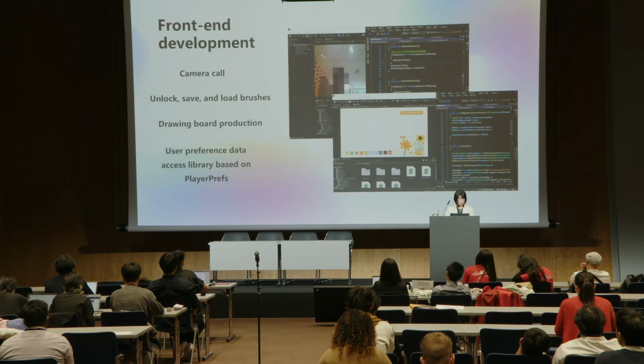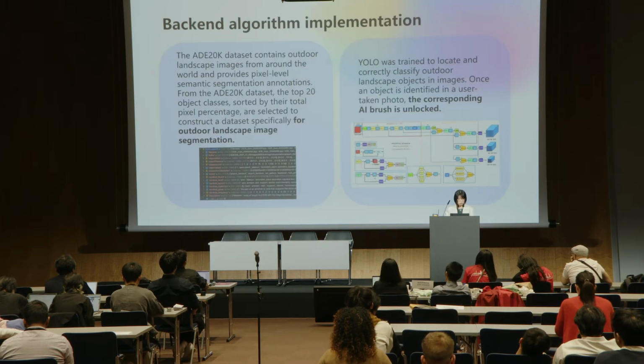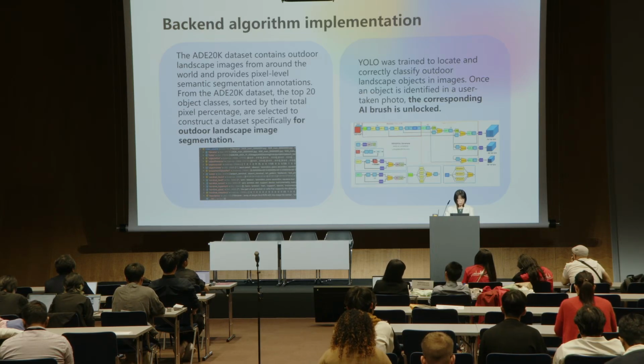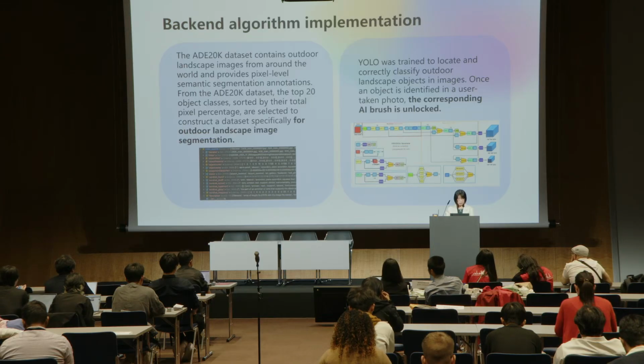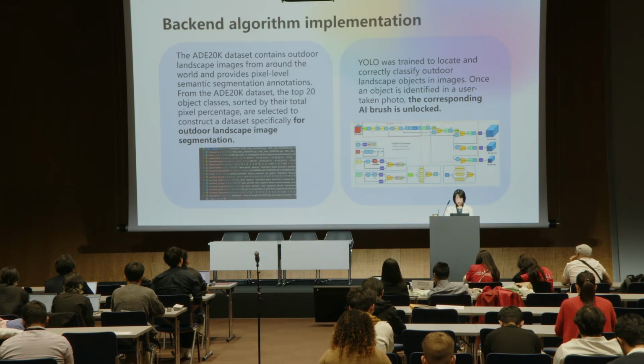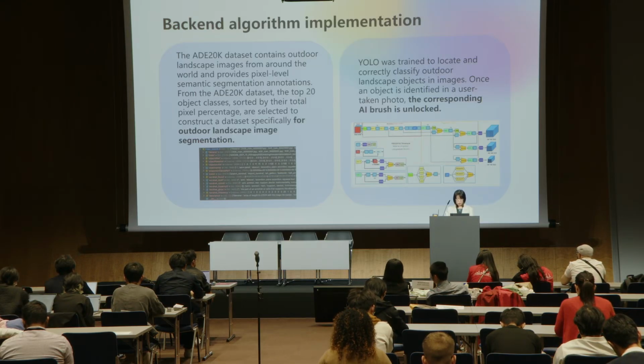And this is the front-end development, the camera code, and so on. For the backend implementation, we used the ADE20K dataset, taking the top 20 object classes sorted by their total pixel percentage to construct a dataset, especially for the outdoor landscape image segmentation. Then we used the YOLO model to train to locate and correctly classify the outdoor landscape